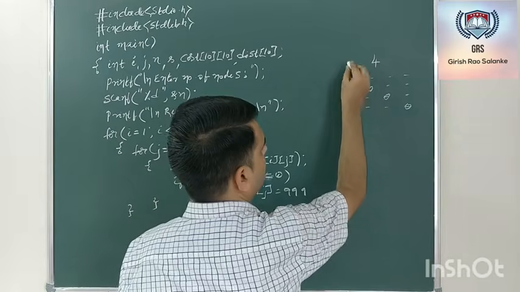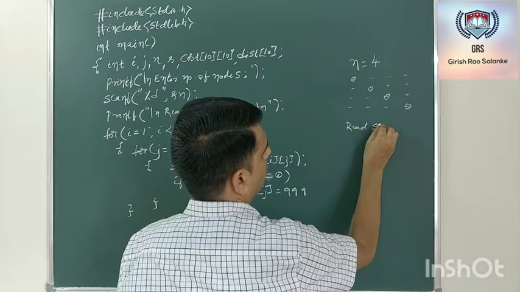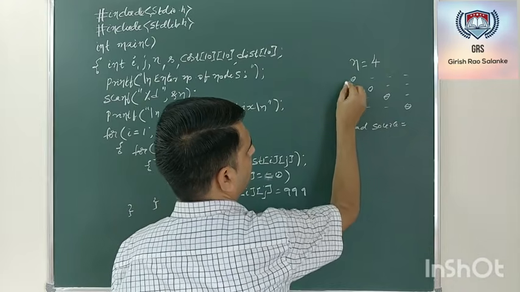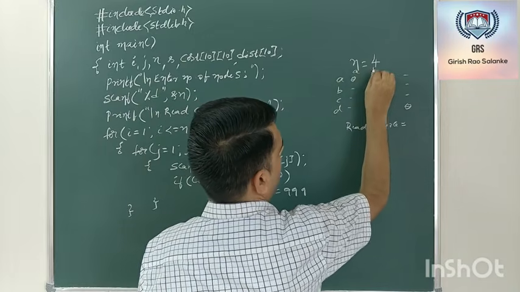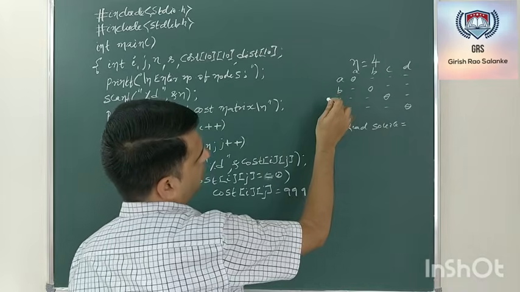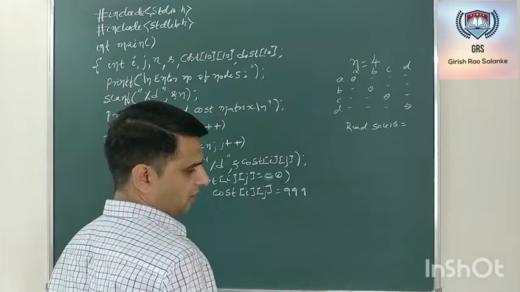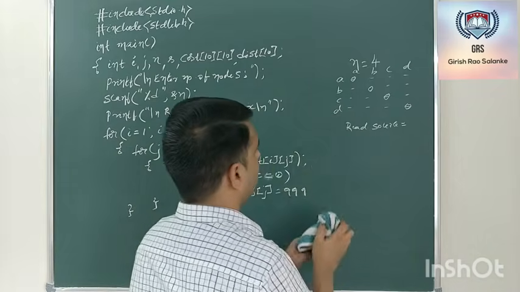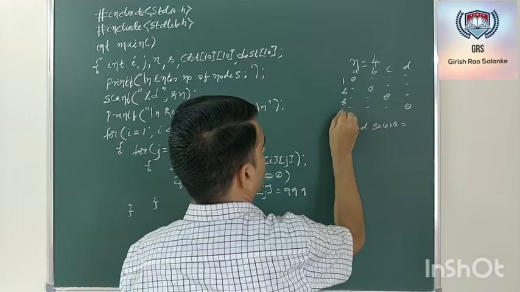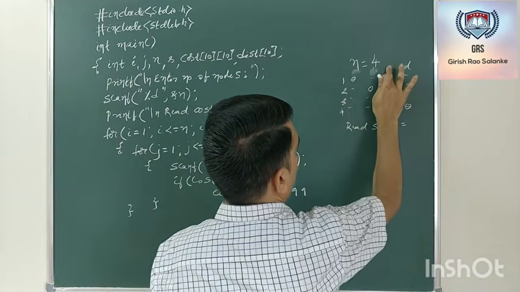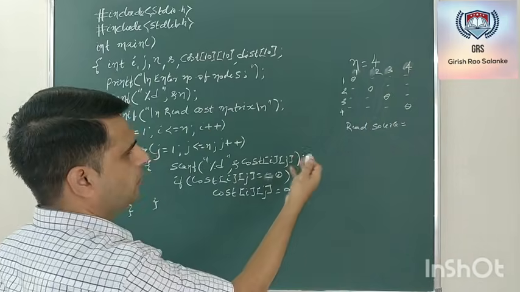So once you read the matrix and the number of nodes, next is to read the source. Whether you want to find the shortest path from A to all other vertices, or whether you want to find the shortest path from B, C or D, you need to read a source vertex. Now actually while implementing it, you can't call it ABCD, it has to be a vertex number from 1 to n, 1, 2, 3, 4. So you can either take 1, 2, 3 or 4.